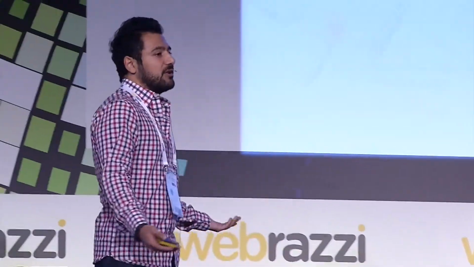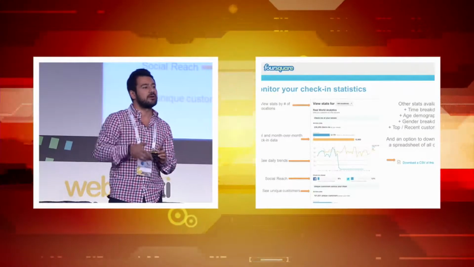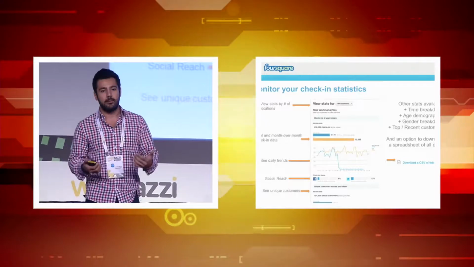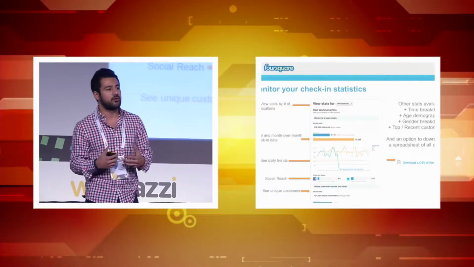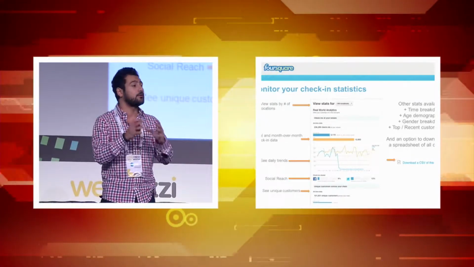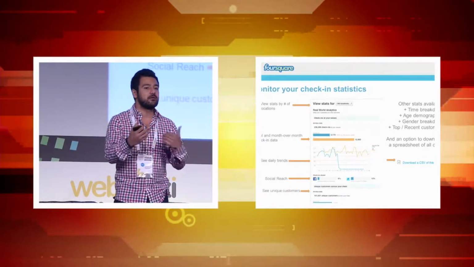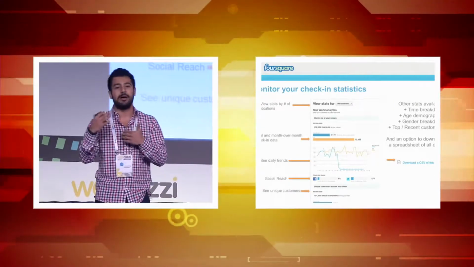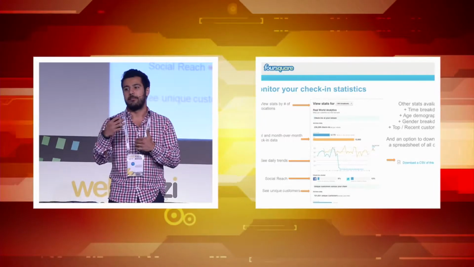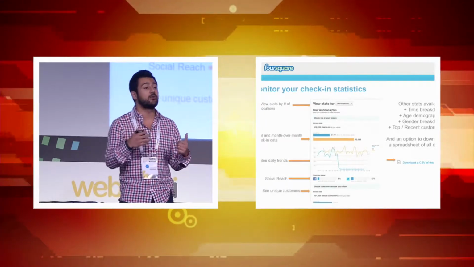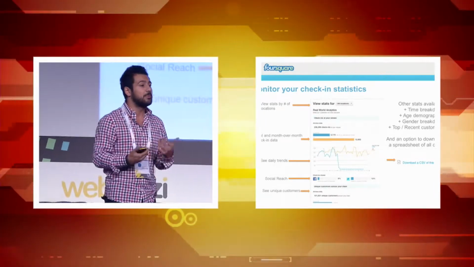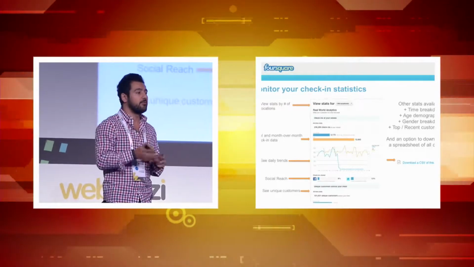Cool. So what can you do today? I'll talk to you a little bit about the tools that we have for retailers, for brands, and for publishers. The cool thing about Foursquare is if you go to the trouble of building a direct relationship with Foursquare and you're a retailer with physical locations, you'll get access to statistics about real-world activity in your stores that people are creating on their mobile phones, right?